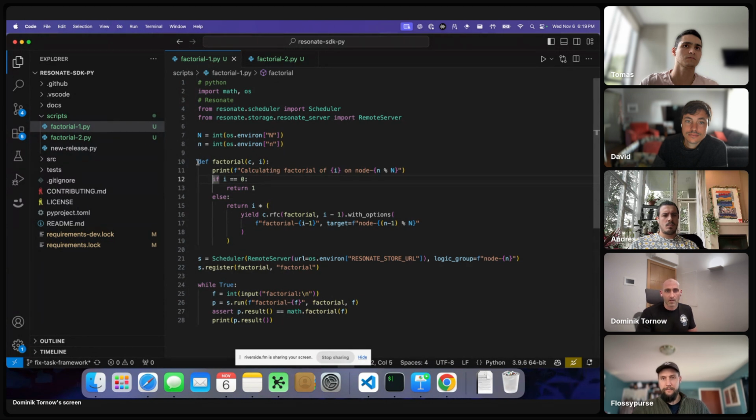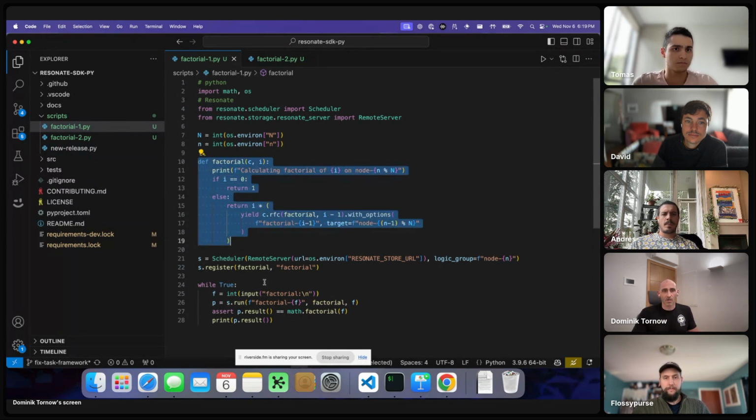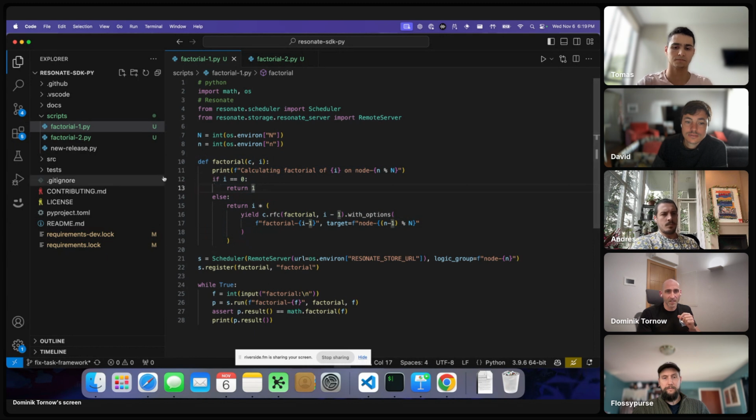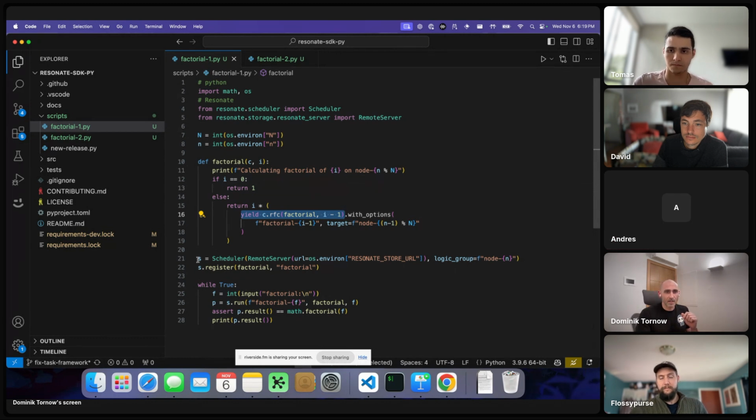So here we basically see the same code that we saw on the slide. We have the factorial, and the factorial is the classic factorial implementation. Here we stop the recursion, and here we call the factorial remotely via the RFC. We instantiate a scheduler and register the factorial.